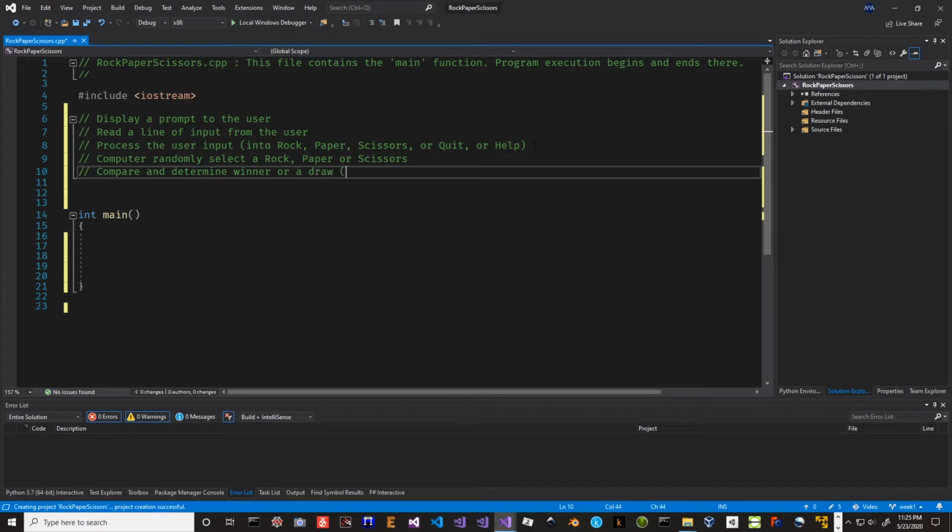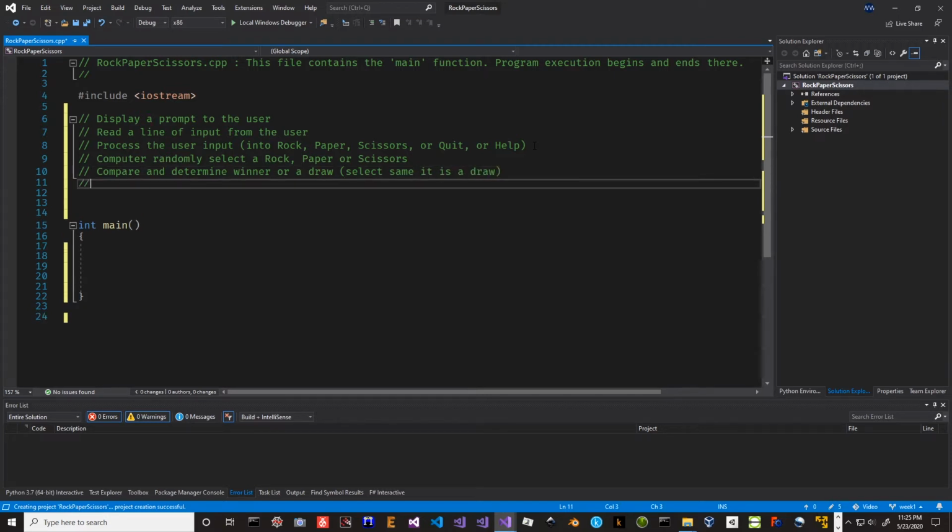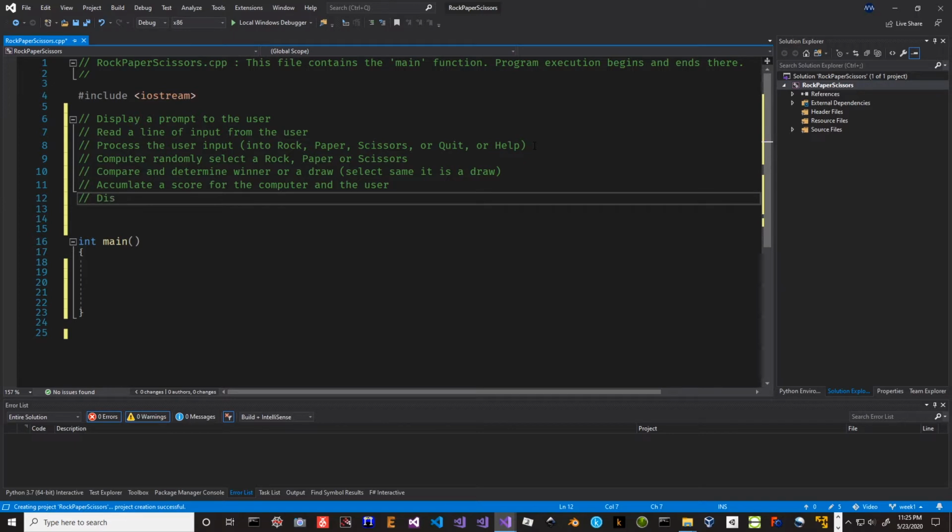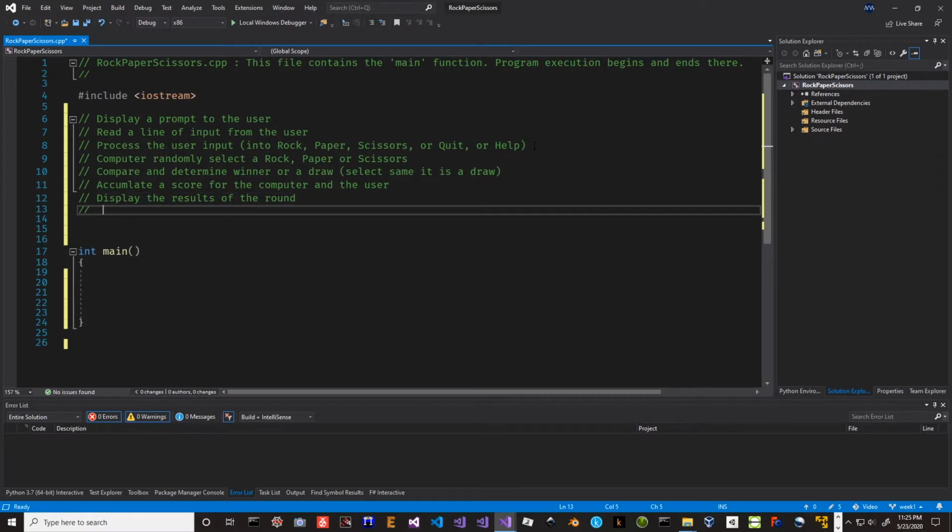So if we both selected the same, it is a draw. The next thing that we want to do is accumulate a score for the computer and the user in some way. And we'll figure out how we're going to do that. And then we want to display the results of the round and go back to